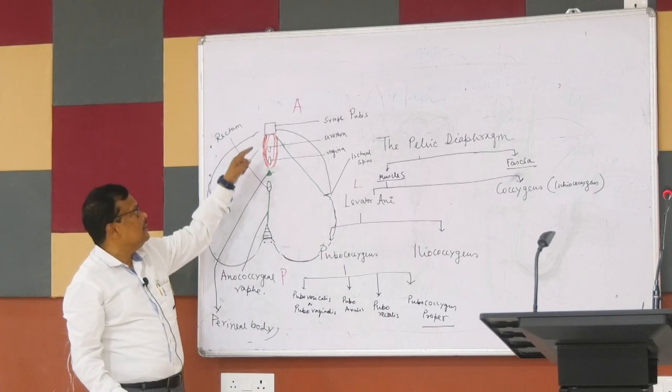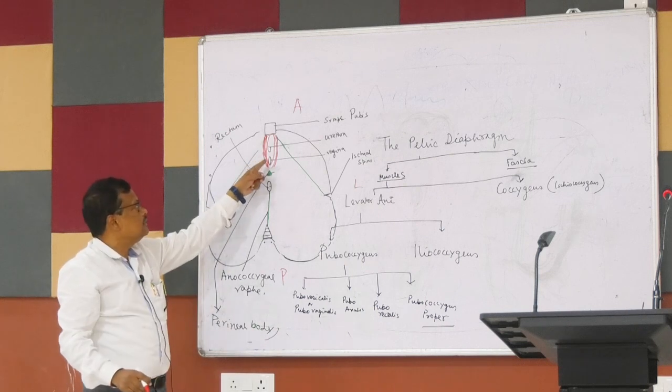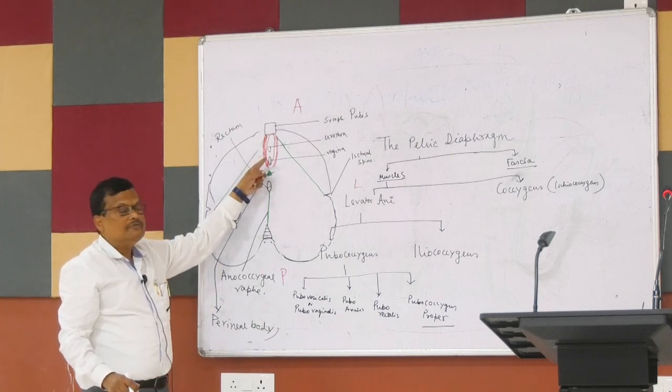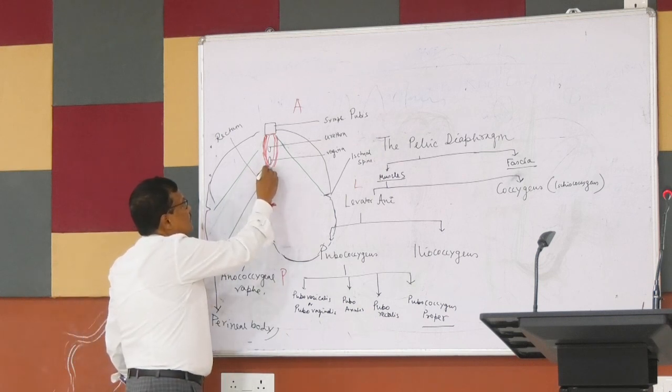Encircle, what does encircle mean? Encircle the urethra, both in male and female, and vagina only in female, and is inserted into the perineal body,